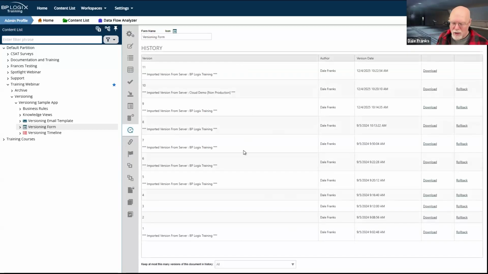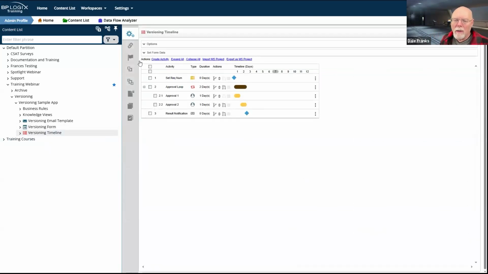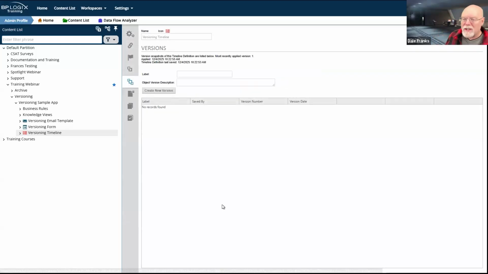We've got this history. It's certainly helpful to us. We just need to remember that it's not canonical. The versioning argument makes a lot more sense when you look at a process timeline, because process timelines do not have that history. So while that history is great to have on a form, it doesn't exist on a process timeline. So if you want to save the state of a process timeline or a business rule or business value or other object that does not have that object history, because that object history is a form thing, and it's super helpful on forms, but it doesn't exist anywhere else.